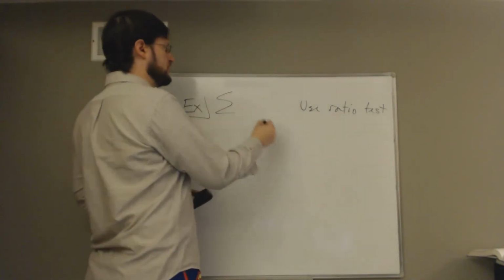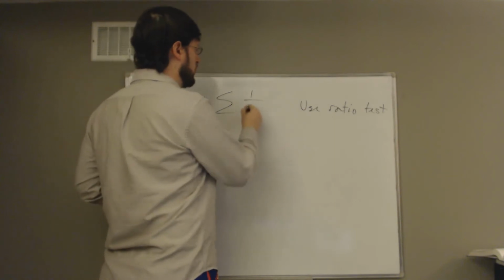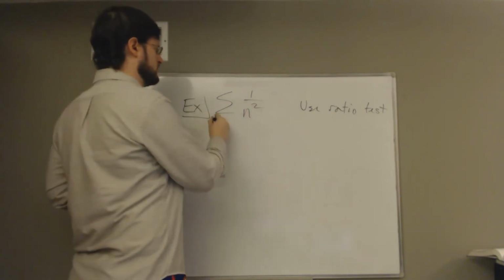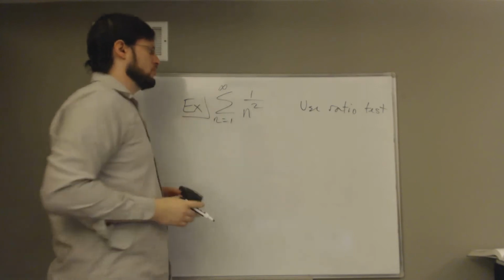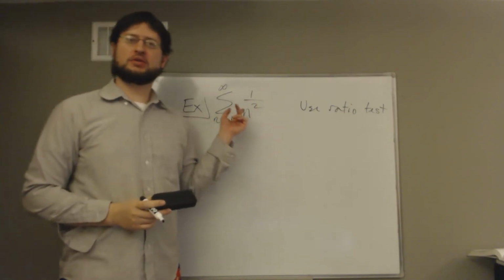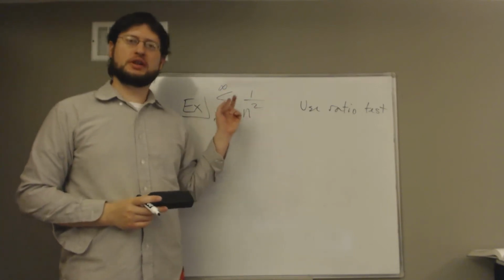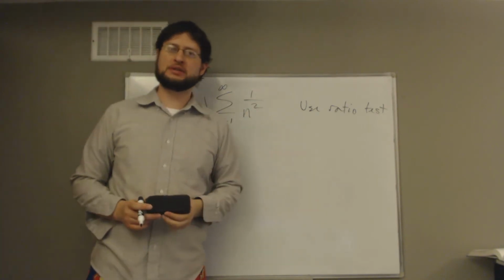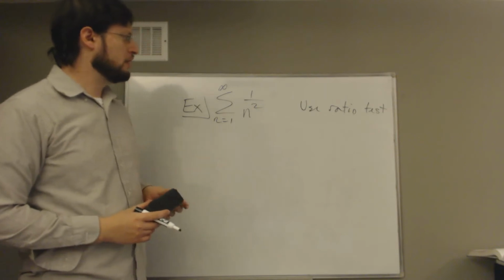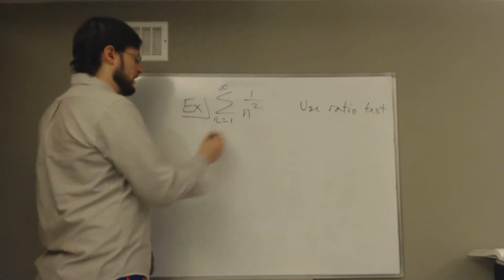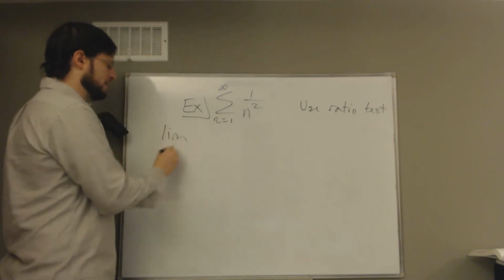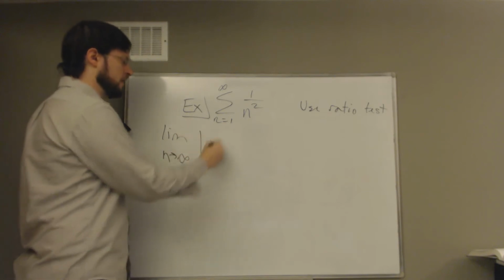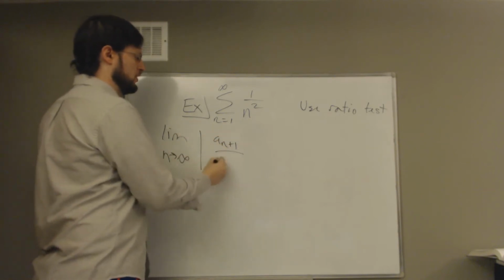So let's use the ratio test for 1 over n squared. Remember that we decided using the integral test that this one should in fact converge. 1 over n squared is a p series where p is bigger than 1, so it should converge. If we apply the ratio test, we're looking at the limit as n goes to infinity of the absolute value of a_(n+1) over a_n,